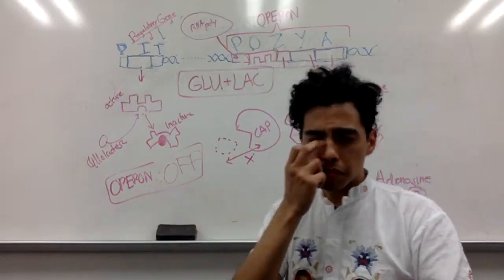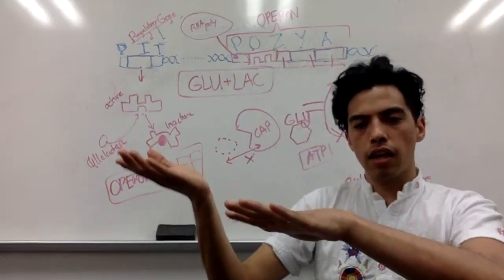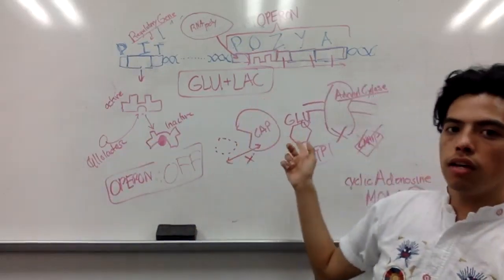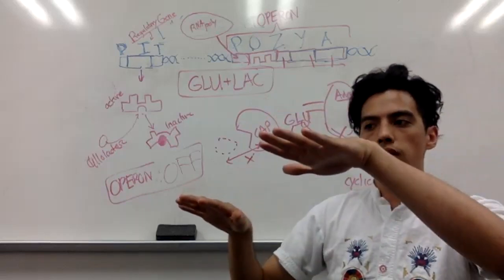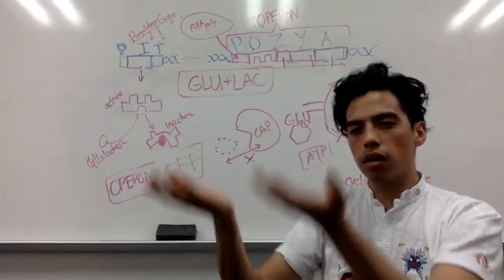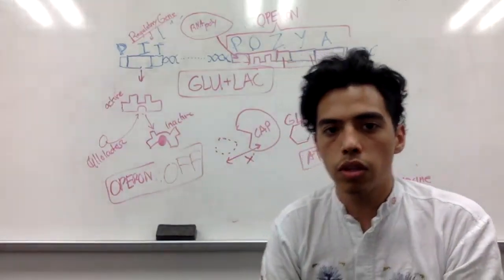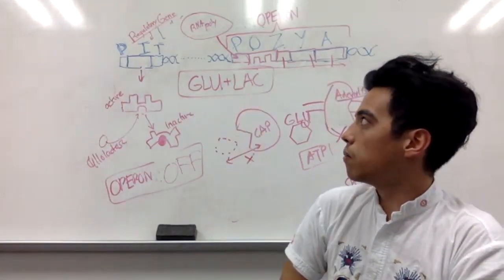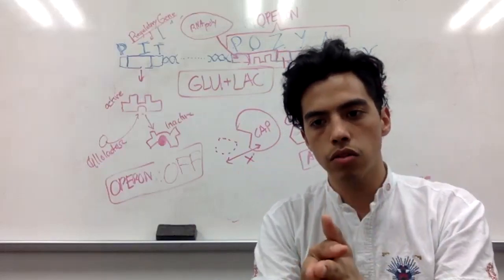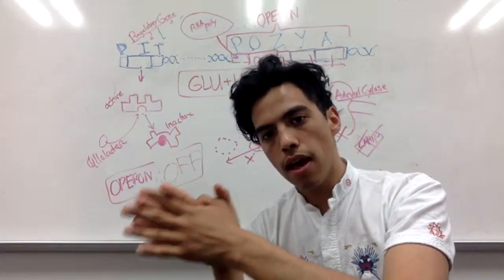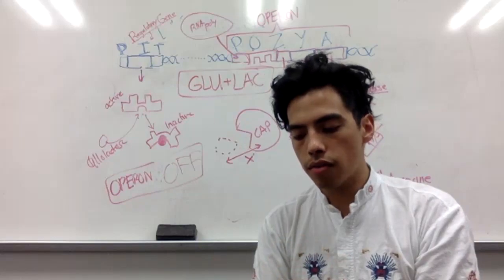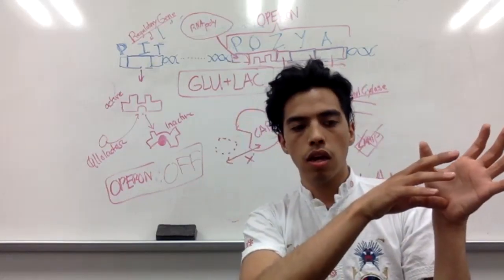The reason being is even though it seems kind of balanced, like, oh, the repressor being inactive, well, that would increase the transcription, but the cAMP is not being created, so you don't have an activator. And so it seems like almost it's balanced. But if you remember back to what the purpose of this operon is, you want to use glucose, right? You want to break down lactose, or the purpose of it is to break down lactose and use the glucose that the galactose has. And so because you already have glucose, you have to think